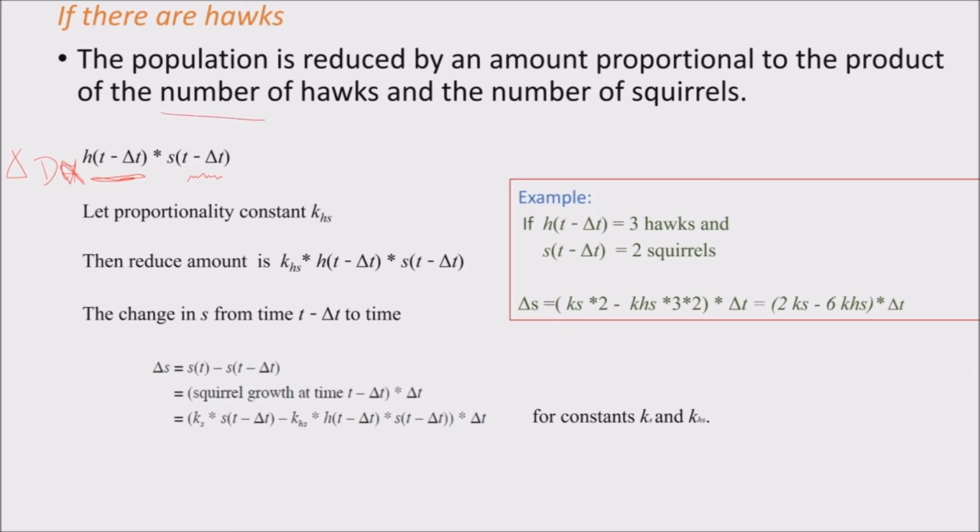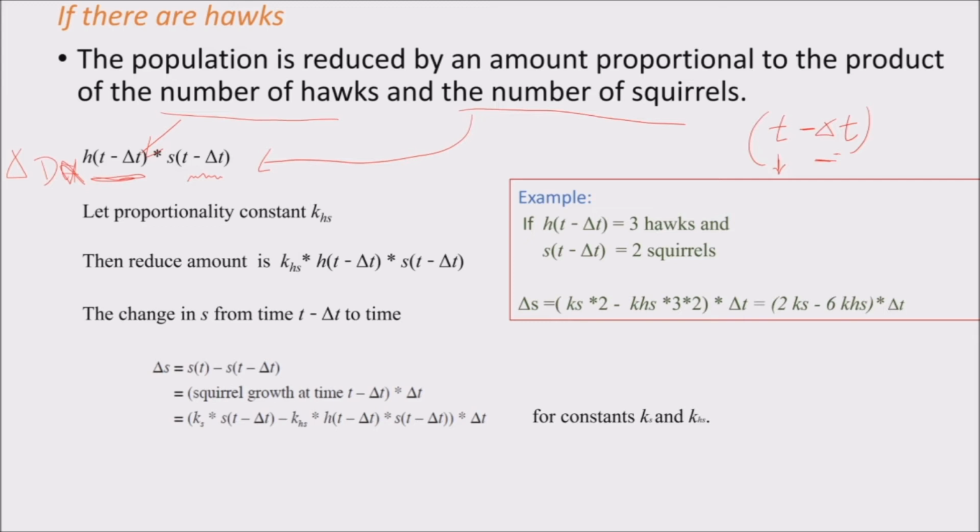So the number of hawks, number of squirrels. This is the number of hawks previous, and this is the number of squirrels previous, right? You know what t minus delta t means, right? If the current time is now, t minus delta t means the previous time. So we are talking about one delta time interval before, maybe the last month. In this case, I think it's month by month. They are just creating this simulation. So in this case, delta t is 1 month, so it's 1 month before what we are looking at right now.